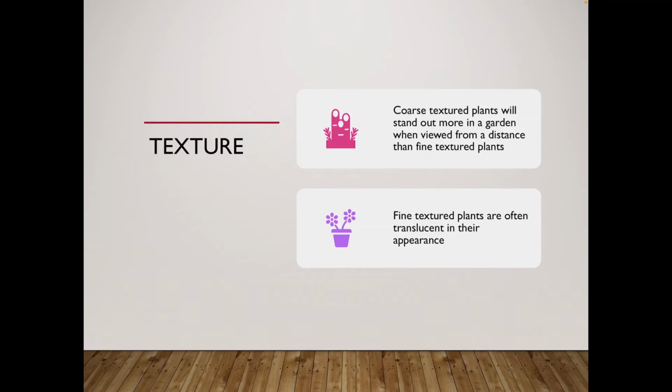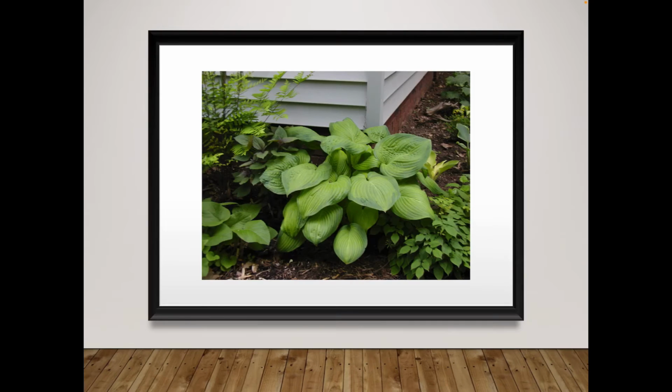Coarse textured plants tend to stand out, particularly from a distance. So if you look at freeway plantings, they often tend to be coarse textured plants, or lots and lots and lots of fine textured plants. The nice thing about fine textured plants is because you can see through them, kind of gives you the impact of distance when there really isn't any distance. So here, kind of a coarse textured plant, but if you look in the background, there's a very fine textured